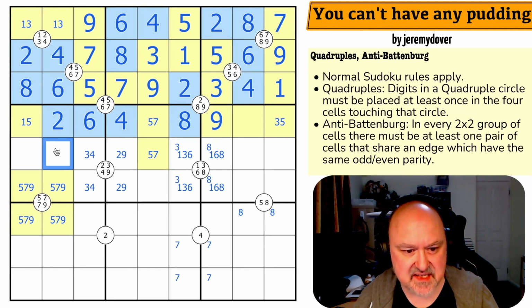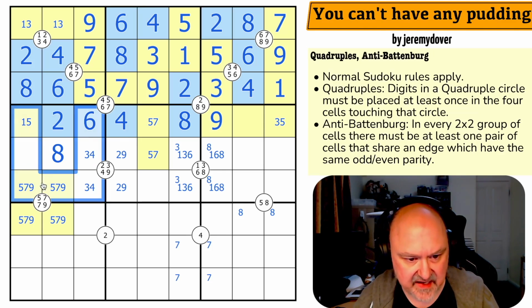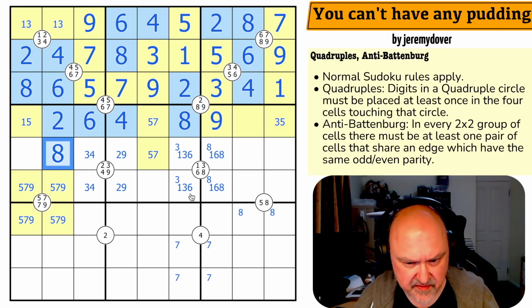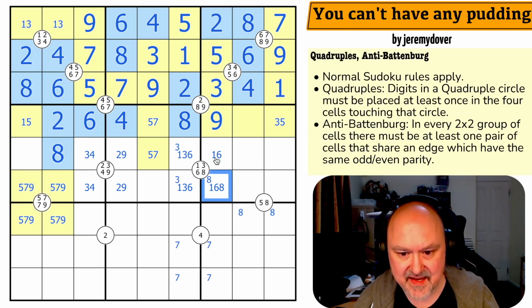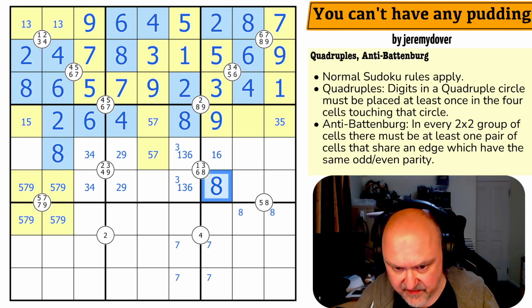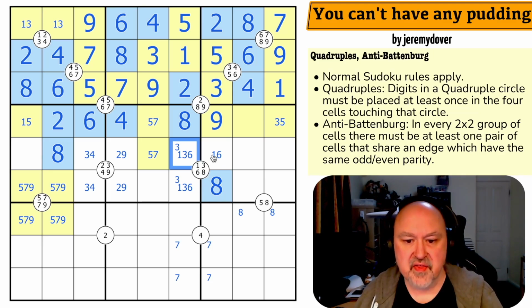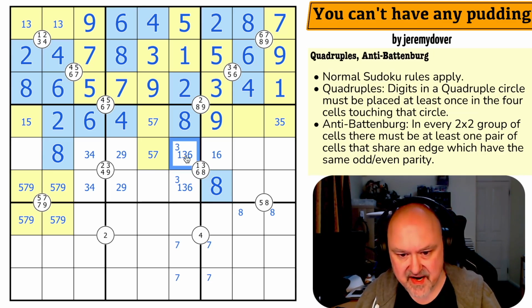There's an 8. That's just an 8 by Sudoku. Can't put 8 in any of those. That's an 8, which is even, which takes 8 out of there, making that an 8, which is even. Now, these are 2 odd and 2 even, so that can't be the even anymore, or I'd have a Battenburg. That is not the 6. That is an odd digit. Oh, and the 1 looks down, taking 1 out of both of them. So that's the 3, that's the 6, that's the 1.